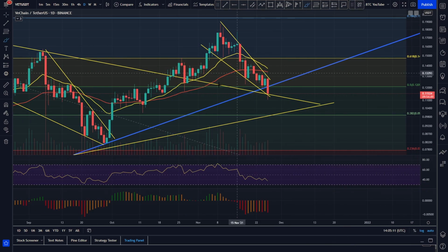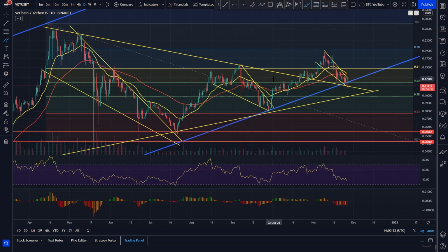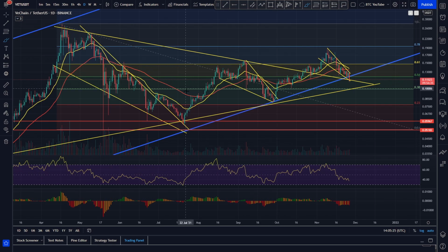You can see that we've actually come down here. We've actually lost a bit of support of that macro trend line for the bull run, which is a little bit of a concern. Clearly showing that Vechain is massively underperforming what it probably should be doing right now. It has been showing a lot of weakness in the past few months, and you can see here that we have been rolling over quite a lot, especially since this big rollover from 28 cents all the way down to